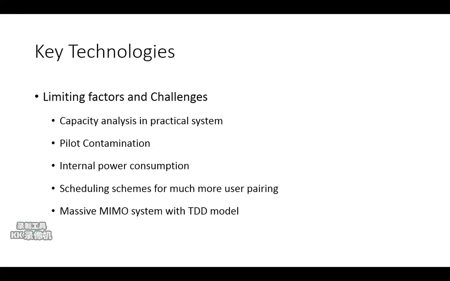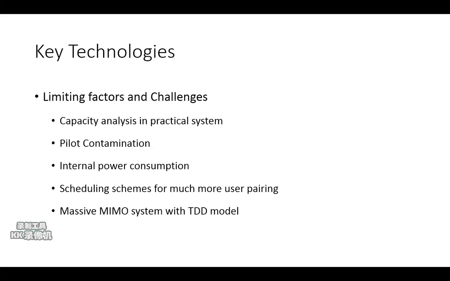So far the capacity analysis focuses on the asymptotic capacity for an ideal system with an infinite number of antennas. However, in a practical system, the number of antennas cannot grow without limit. The research on the capacity bound of the ideal situation has little significance for practical application. Therefore, we should further study the capacity in practical systems with a finite number of antennas